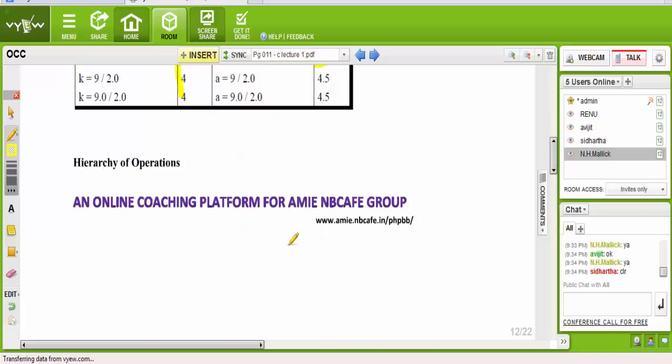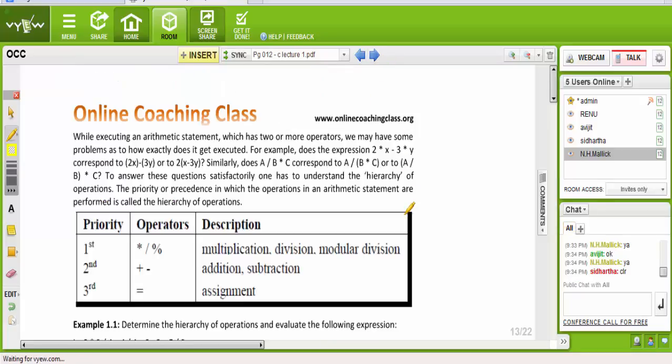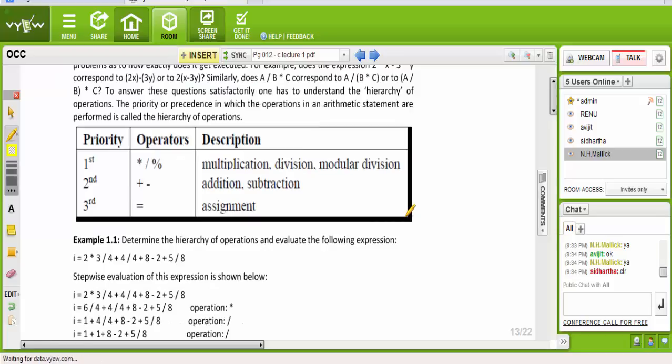Now another vital thing in mathematics is hierarchy of operation. Hierarchy of operation means which symbols have the priority first, which are second, and which are third. Multiplication is topmost priority, then division, and then this percent sign in C means remainder.